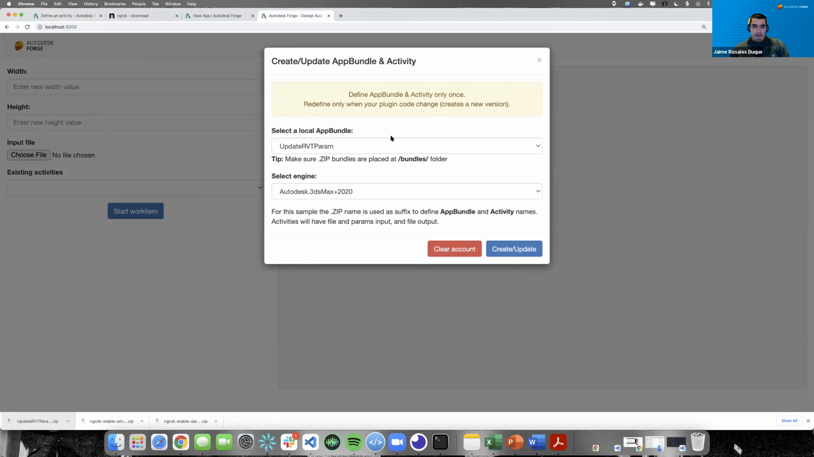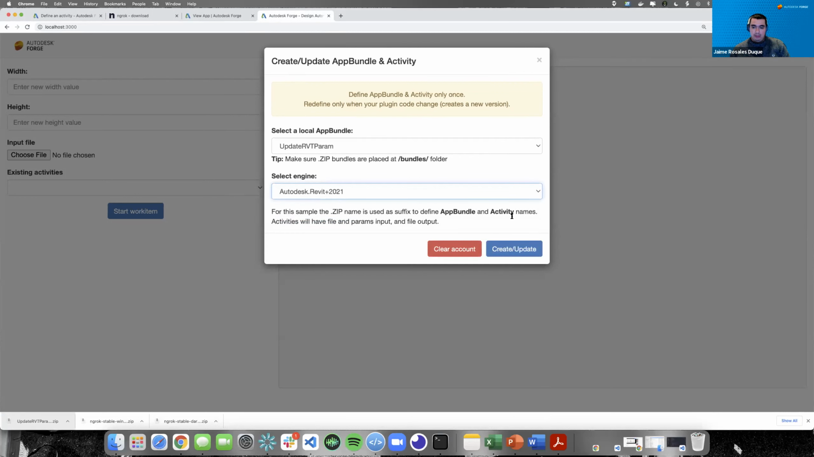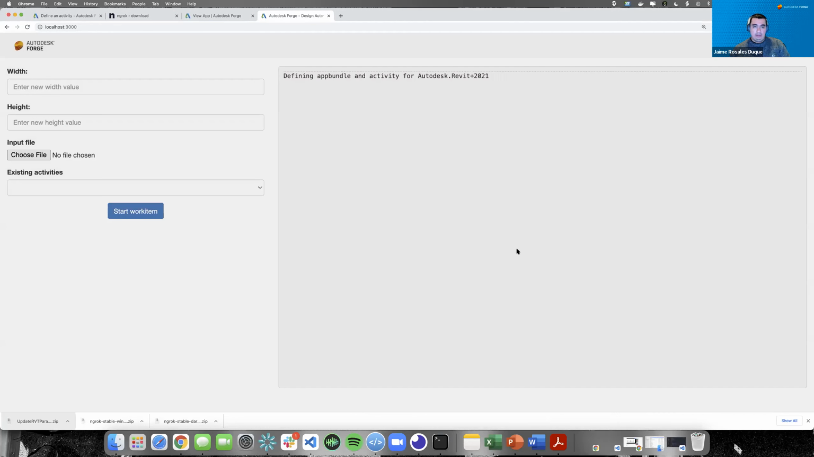We're going to do configuration. So we're going to do the update RBT param, and let's pick Revit 2021. And then we're going to do create an update. If you see, we have an empty field here, but we're going to start defining that app bundle and